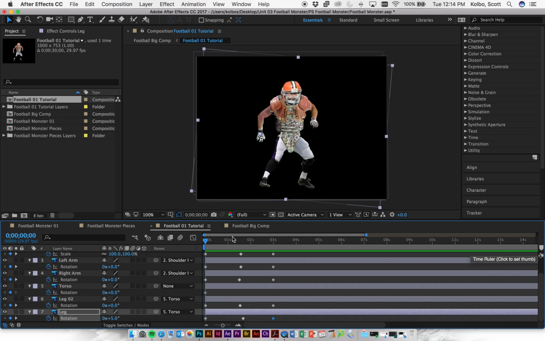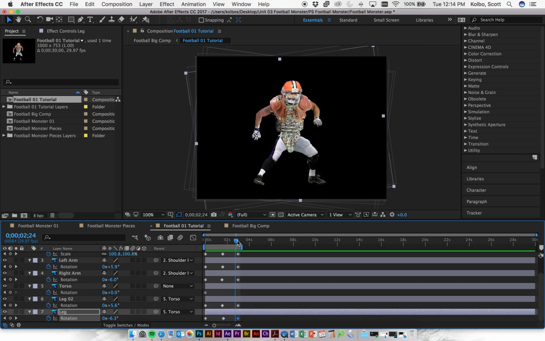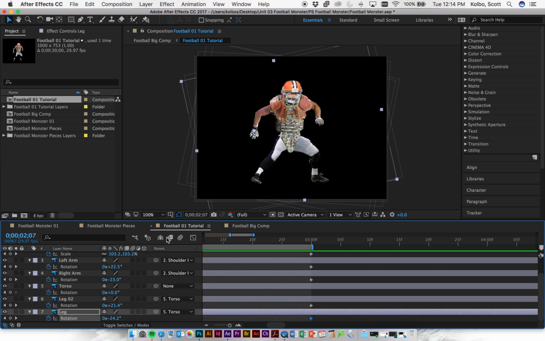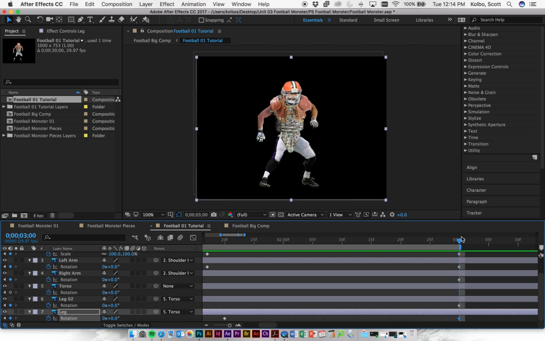So this is the beginning of the work area. If I scroll over here to the end, or I could even use these little mountain icons there. If I scroll back and I set the end of the timeline kind of where I want it to end, so it sort of looks like it loops, right? Maybe I'll zoom back in here. If I do this, okay, so I want the thing to start and I want it to stop right there. Well, now all I have to do is write down the duration, this is like a 3-second thing, and I can go to composition settings,